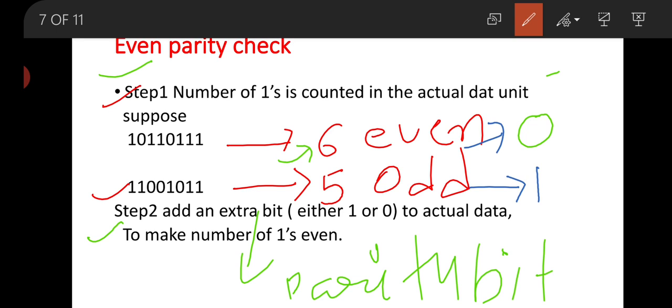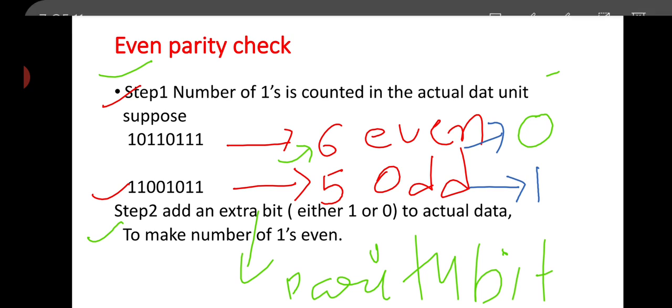This is the mechanism to add the parity bit and decide whether 0 or 1 will be used. That's why in the first case we added 0 as the parity bit and in the second case we added 1.